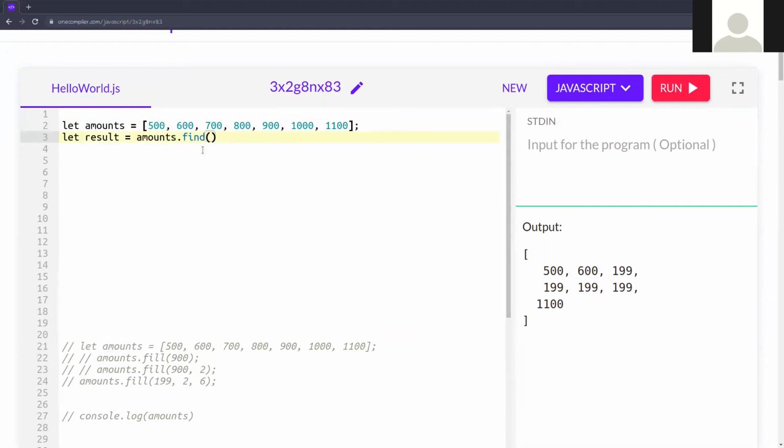Now again it will accept one callback function. So in that callback function, I am passing the arguments. The argument should be an individual element, meaning each of the array. So this amount represents each of the array, like 500, 600, 700. And then I'm creating one arrow function, and in that function I need to give some